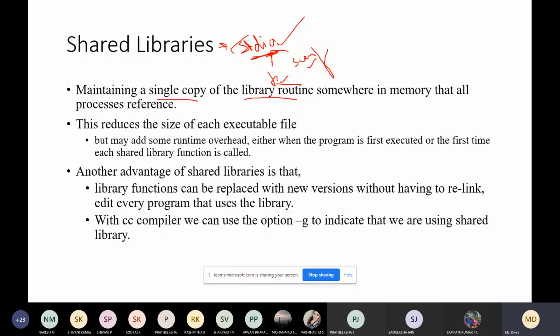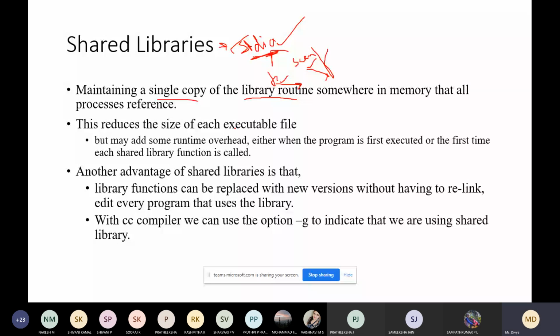You just need to give the name of the function and pass the parameters to it. So it reduces the size of each executable file. You need not write the definition of the printf statement or the scanf statement. So the size of the code will be reduced.